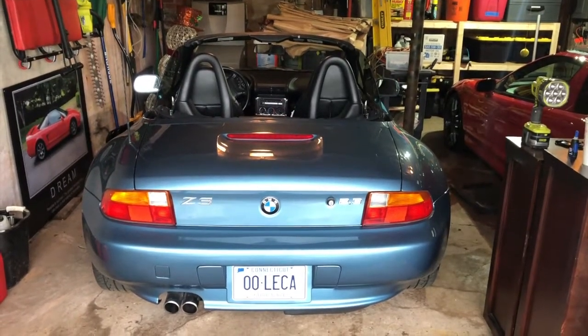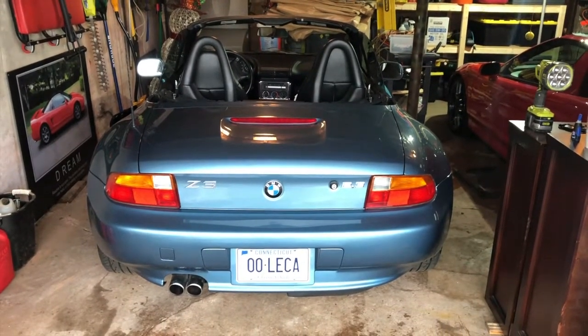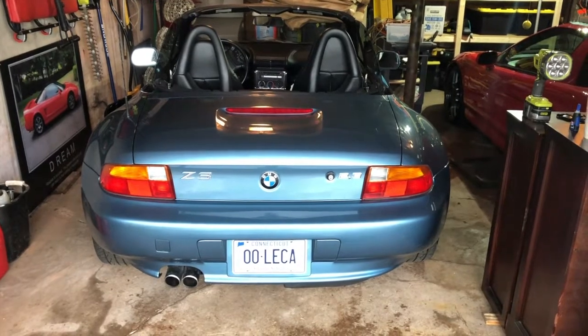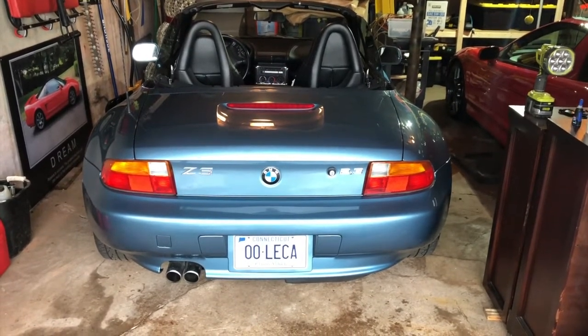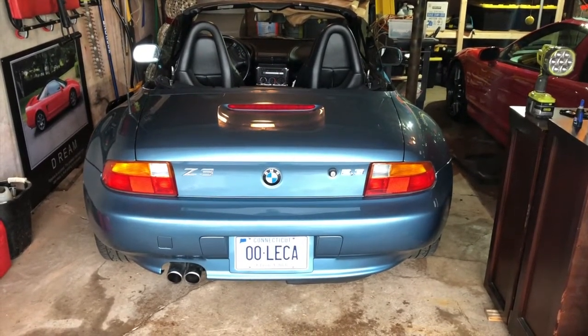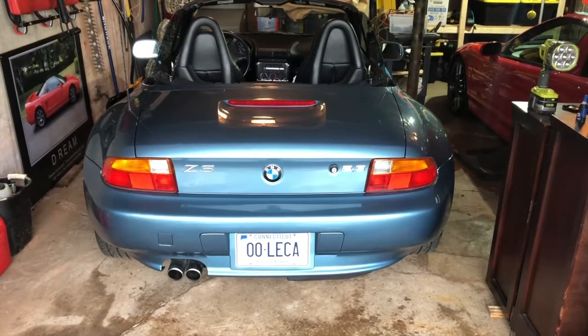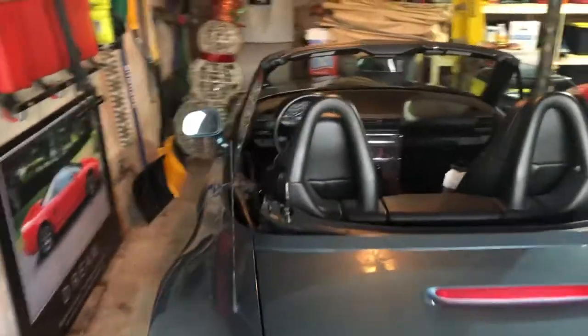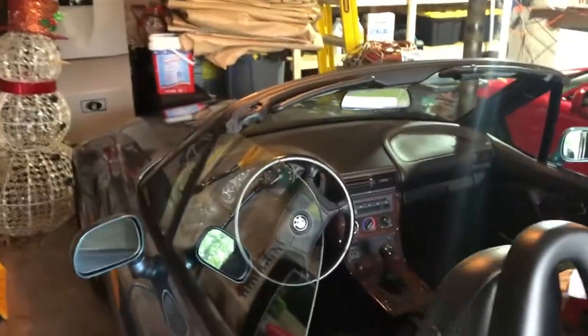Hopefully the rain noise isn't too bad. I'm in a different house now. I don't really have the nice garage I used to. But I've got this BMW Z3, and I've never been a huge BMW fan, but I gotta admit I really like this car. And what I found is that the pedal placement on this car is way better, at least for me,